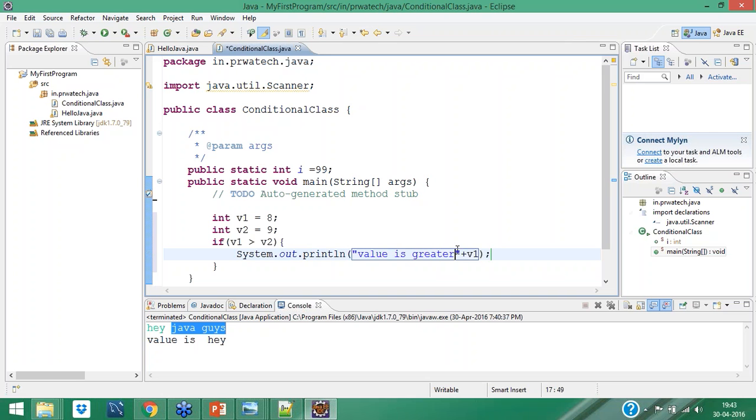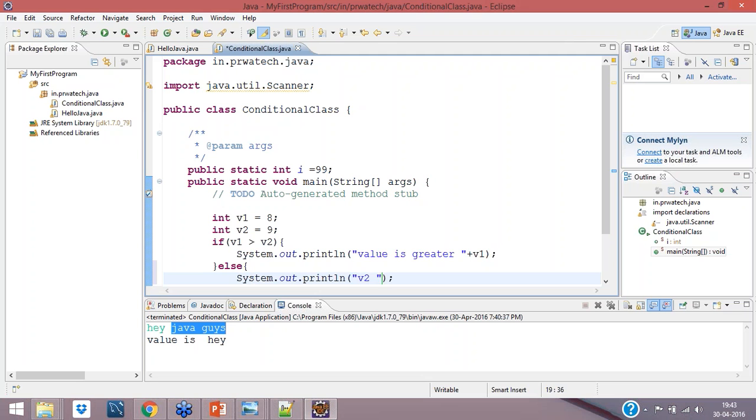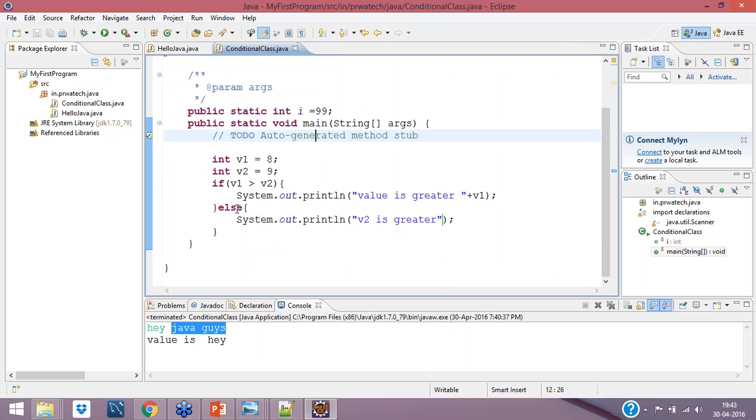Else print v2 is greater. This is a simple one, but I'm trying to give you the understanding.